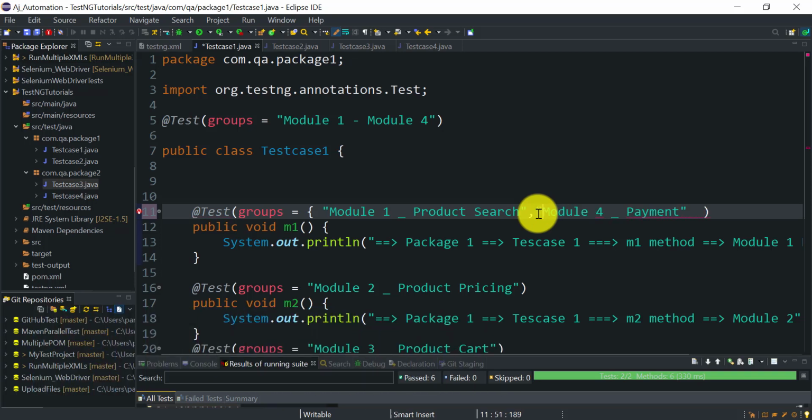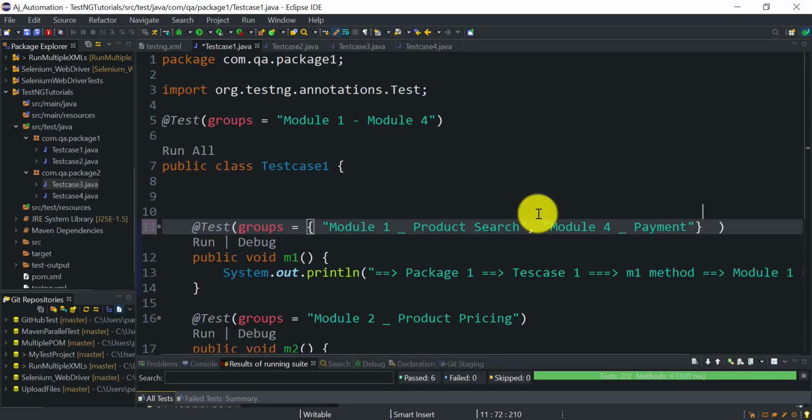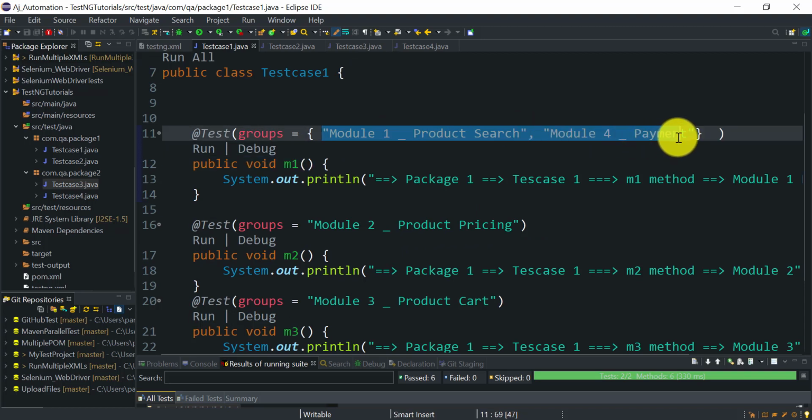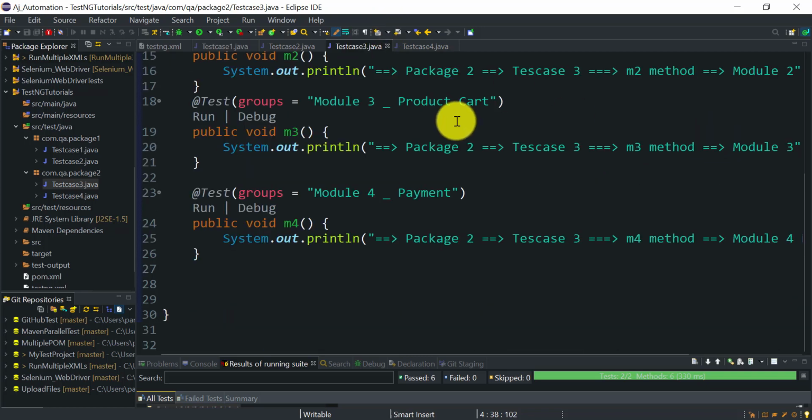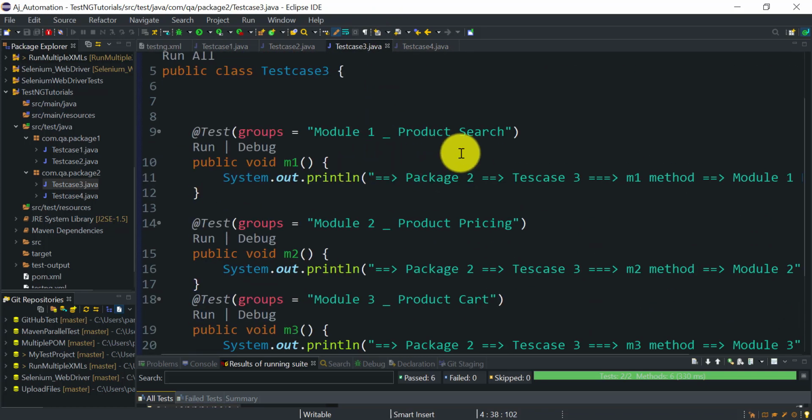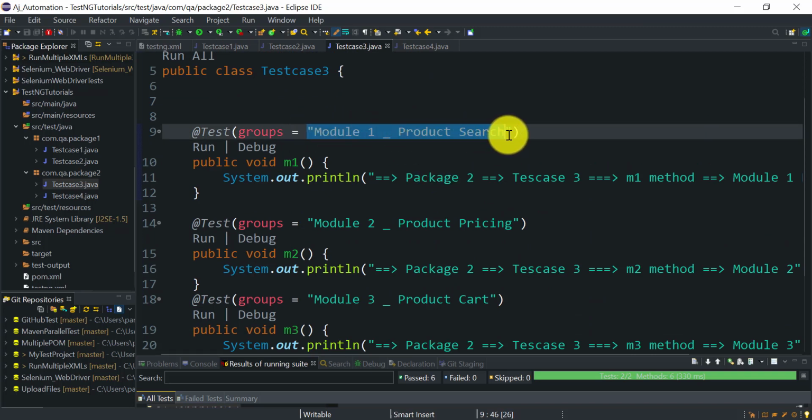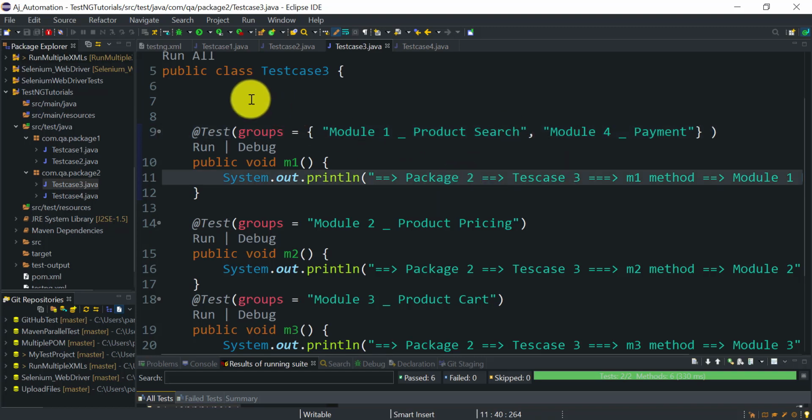Okay, so you just have to provide the values in double quotes separated by comma inside the curly brackets. Okay, so this is the array of the string. So let me add it for other TestNG class. So I will add in test case 3 this M1. Okay, so M1 method from test case 1 and test case 3 are a part of two modules, module 1